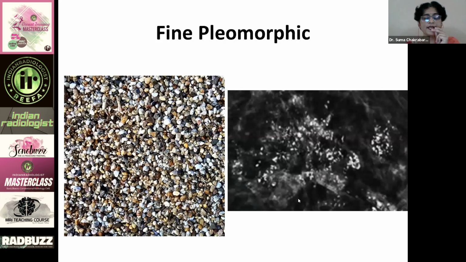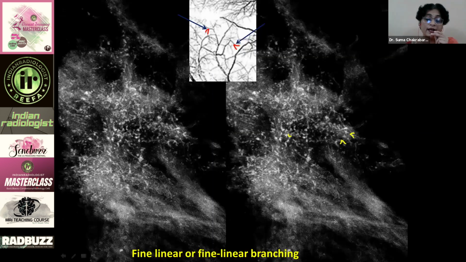Fine pleomorphic. Now, these are bad categories we are coming into. Fine pleomorphic is very small in size, varying sizes, pleomorphism meaning varying shapes. So some are arc-shaped, some are dot-like, some are a little bit more linear, and they're very small in size. And these are still BIRADS 4. But the only difference between this and the next one is that we don't have the linear or fine linear